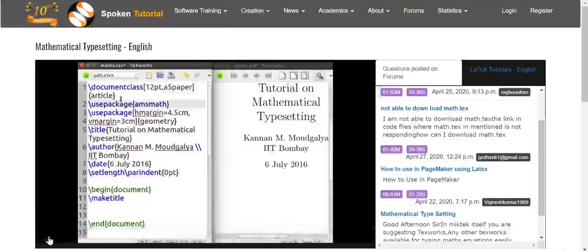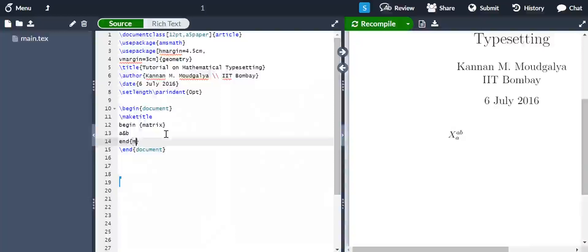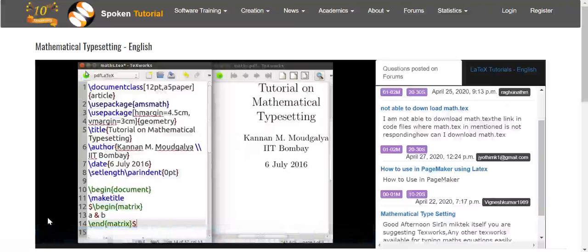Let us create a matrix now. We write begin matrix, A and B, end matrix. Don't forget the dollar signs. Compile and see the matrix as expected.